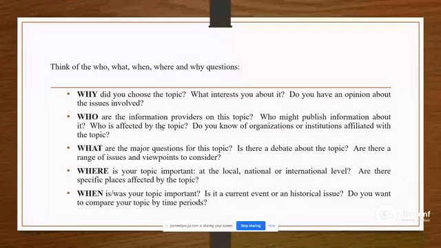And whenever you are thinking about your research topic, always look for these W's. Like, why did you choose the topic? Who is the information you are going to provide for? What are the major questions of your topic? Where is your topic important? And when is your topic important? Whether you are taking a topic which was historical in nature or which is future-oriented, like artificial intelligence. If you talk about blockchain accounting,